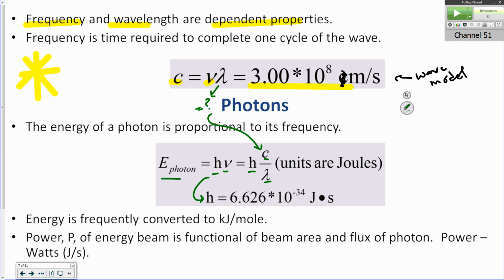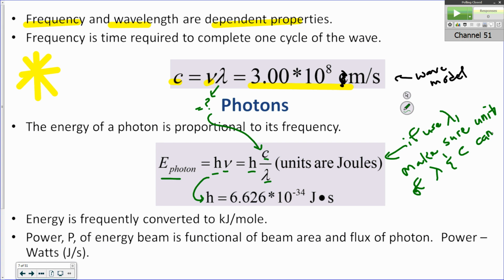Thing I'll tell you when you do this, if you use the wavelength, make sure the units of wavelength and c, the speed of light, cancel out. Because a lot of times we describe our wavelength